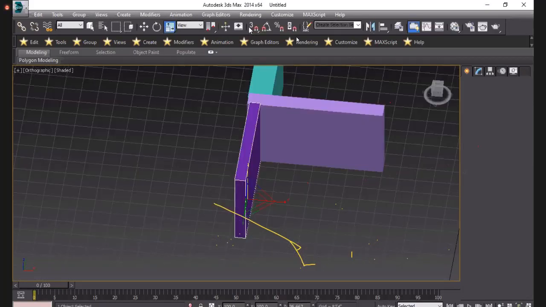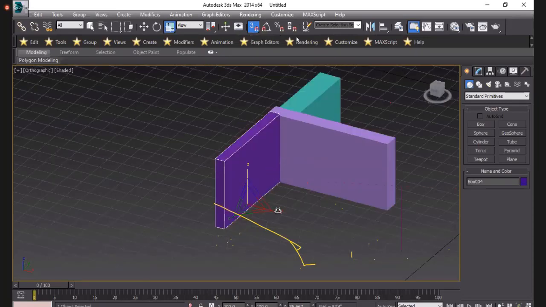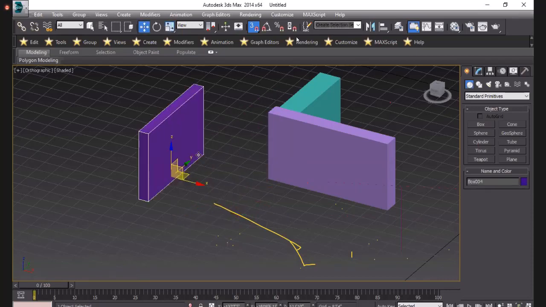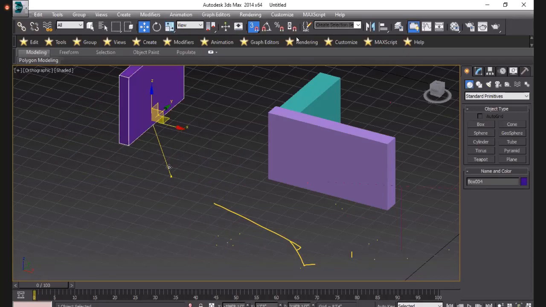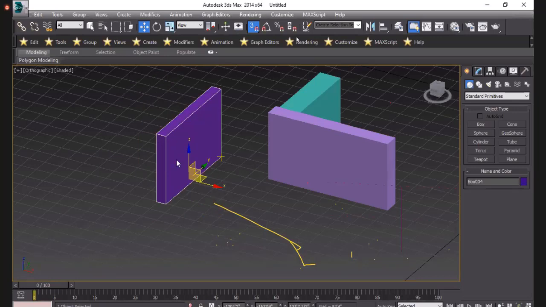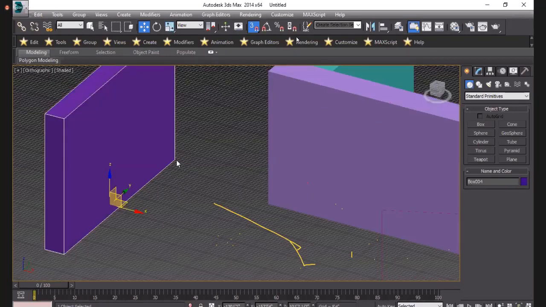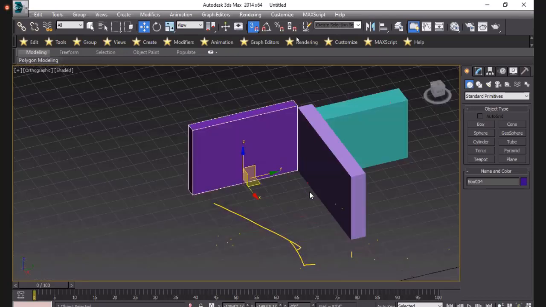So I will simply activate this command and just move this object. If you look here, then it will be rotated without 90 degrees. So one use of this command is for connecting two objects within the same line. This command is also used in making cutouts.